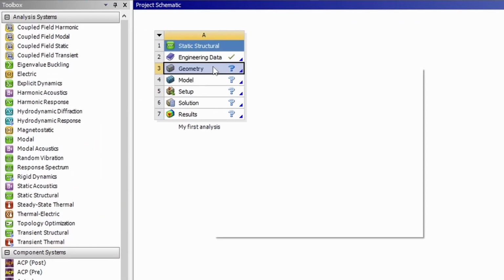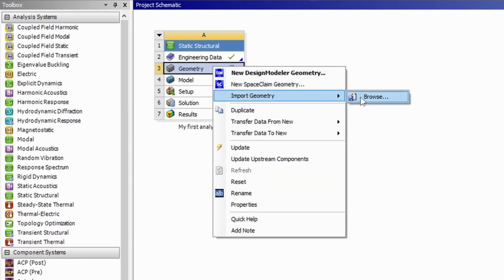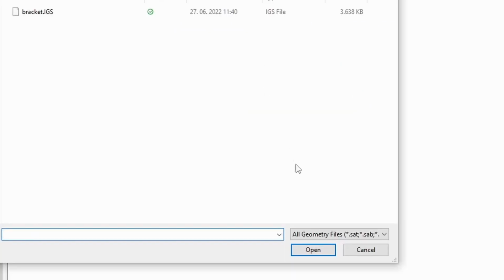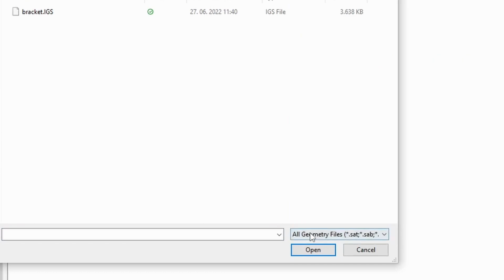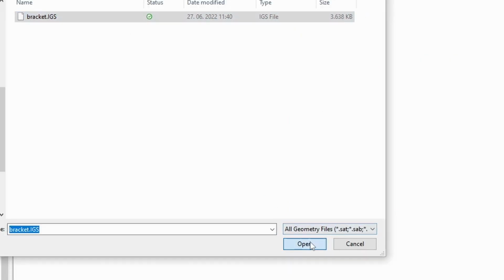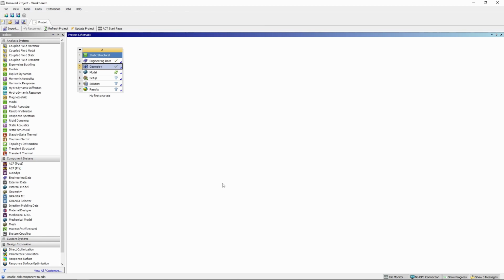Right-click on Geometry cell and choose Import Geometry and then Browse. There are plenty of file formats supported, more popular such as Ansys, IGS or STEP, and also some others. Select the right file and press Open. Boom, and we're done. Well, at that point you could go to the next video, but let's see some additional